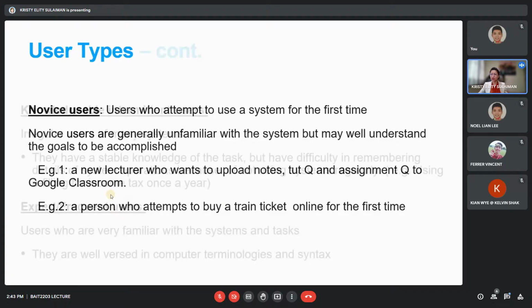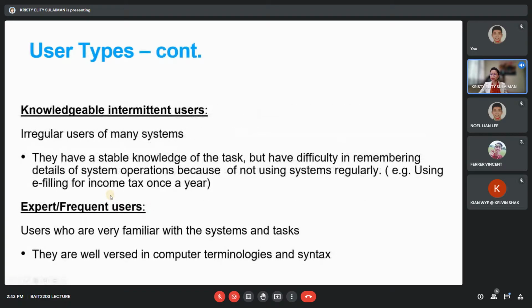Okay, and then we have the next one, knowledgeable intermittent users. This one refers to irregular users of many systems, so you have a stable knowledge of the task. For example, let's take our database subject, right? So now you are in advanced database management. Previously, you took a similar course, but maybe an introduction. So you have the knowledge of this